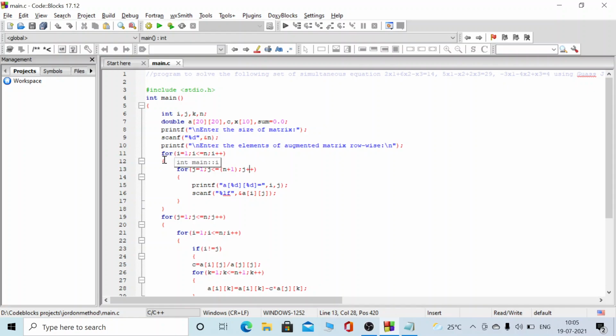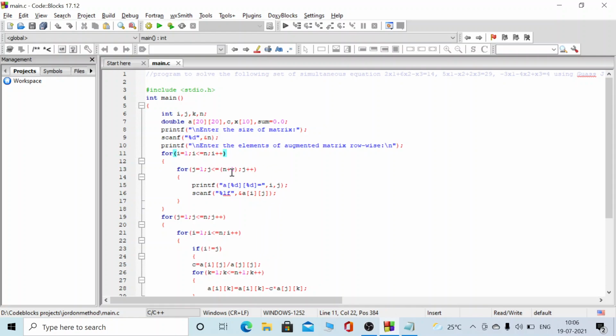We will be using two for loops, that is for i equal to 0, i less than or equal to n, then it gets inside the loop. It will initialize j equal to 0, check the condition j less than or equal to n plus 1, get inside the loop, and these two statements will be executed, and j is incremented. This process will run as long as j is less than or equal to n plus 1.